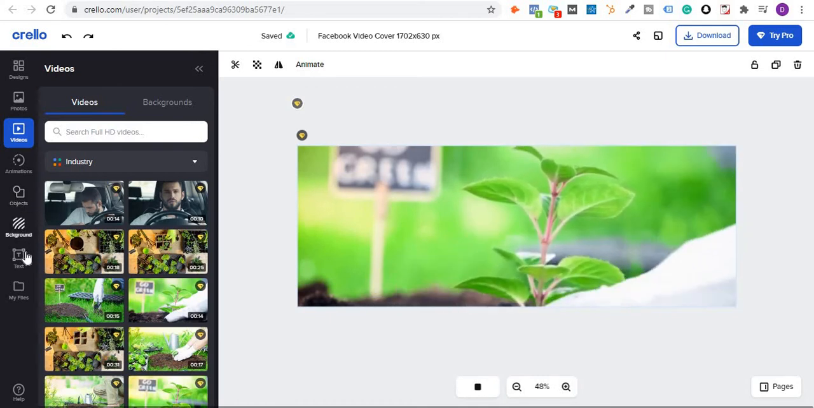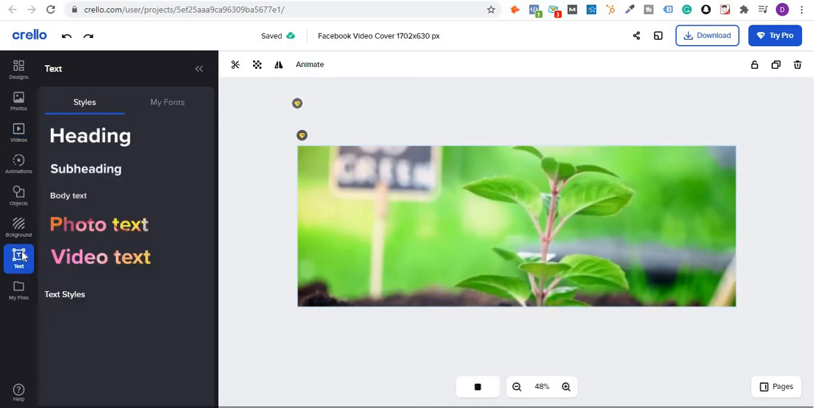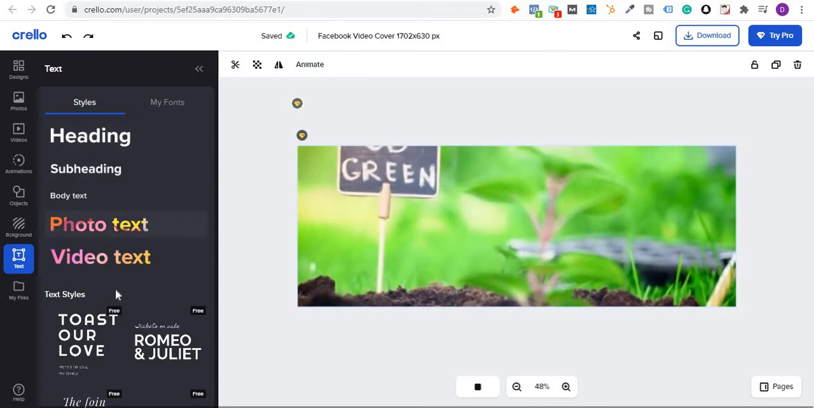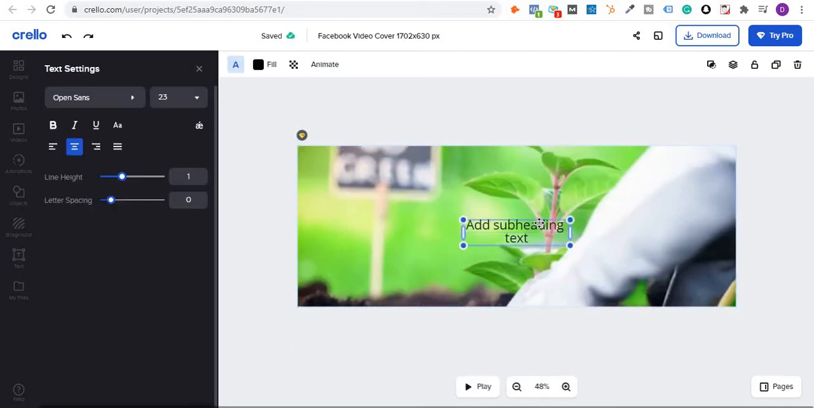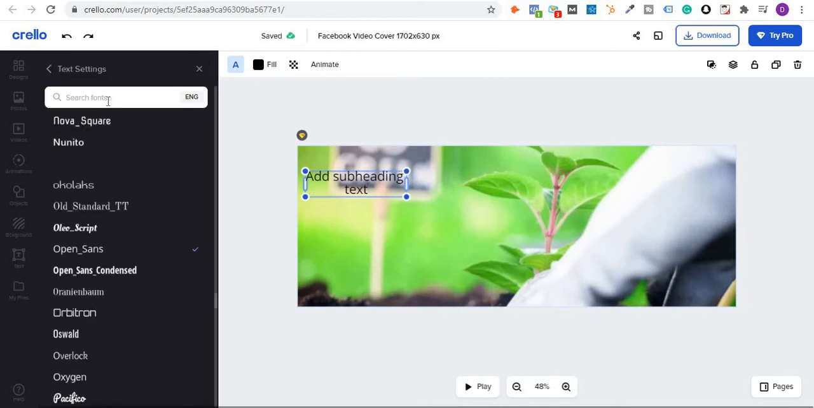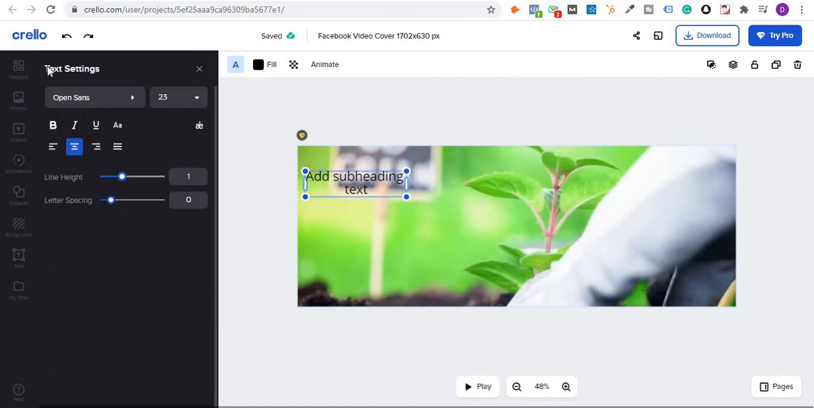So you can, for example, use this text button over here and choose the type that you want. Let's say I go with subheading, and you can drag it wherever you want, and you can pull it from here like this. You can set your font type over here, what you want. Select the font, select the size of the text. Let's say I go with 30, right? And then bold, italic, underline,